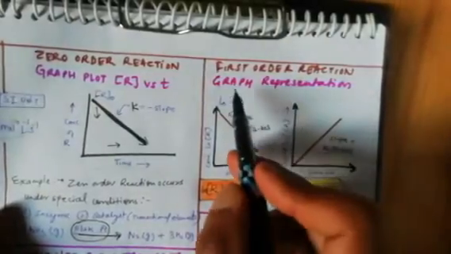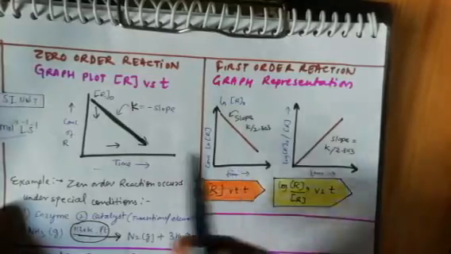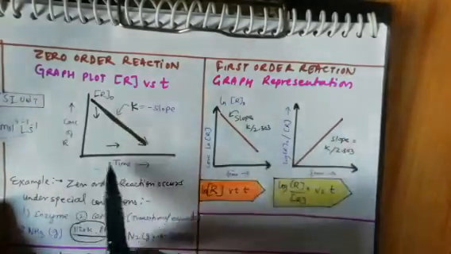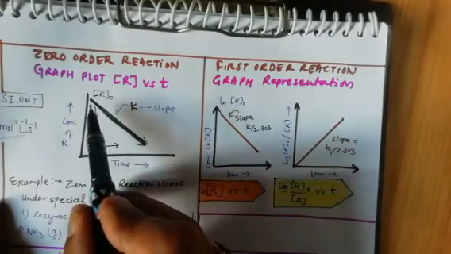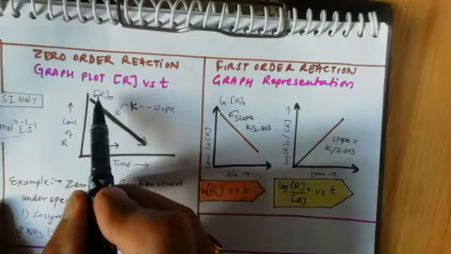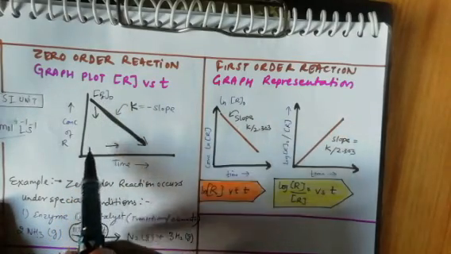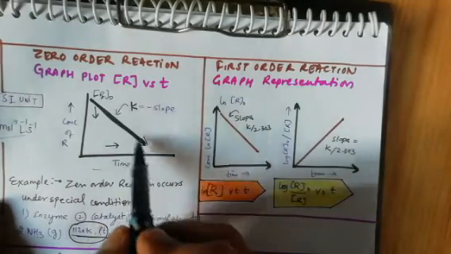Now graphically we are representing the first order reaction. In zero order reaction there is a single graph, concentration of reactant versus time, where the graph very clearly shows that as the initial concentration decreases, the reaction takes more time. And the slope is negative.